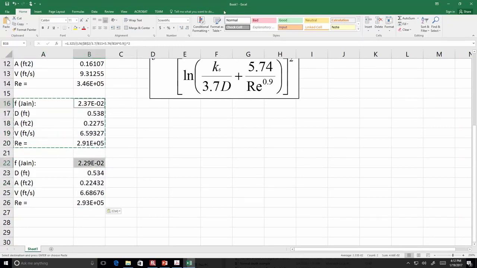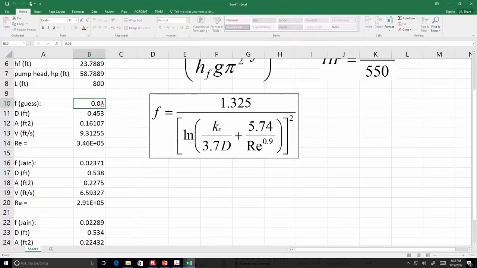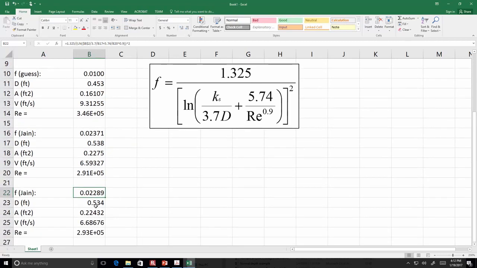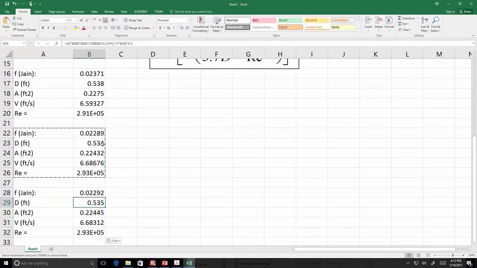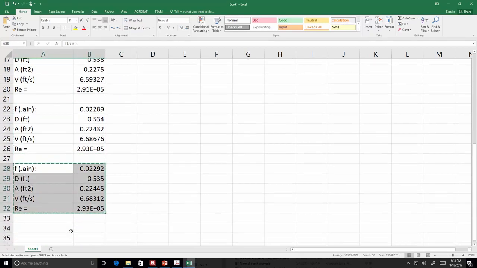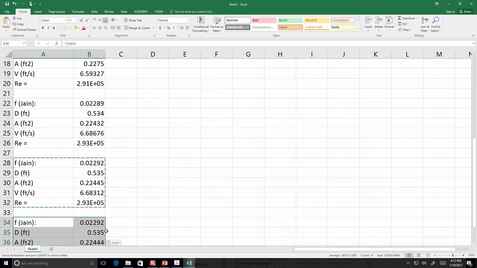Okay, so here's the F values. So they're not changing as much. The first one went from 0.01 to 0.023, then it's a smaller adjustment in the second step, and if you look at the diameters, it's just sort of a minor convergence. And if we did another step again, then the diameter basically isn't changing anymore. And one more iteration would confirm that,